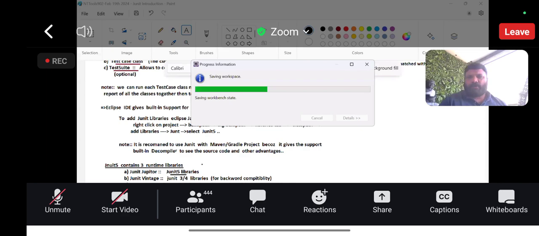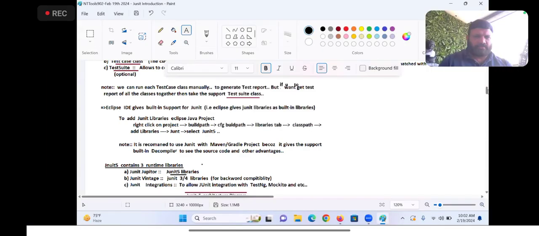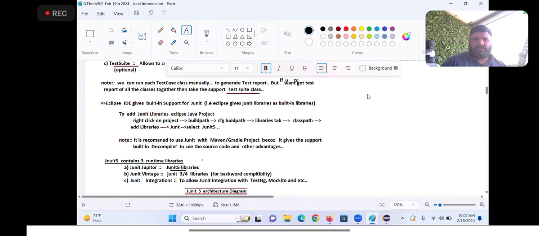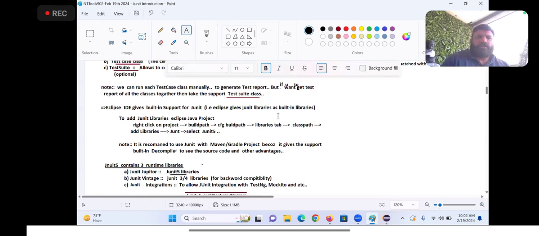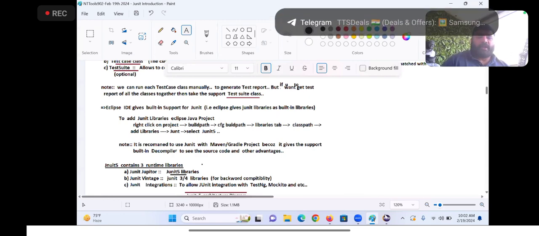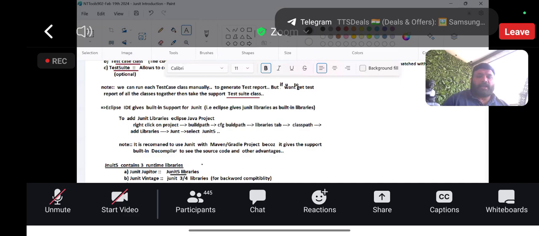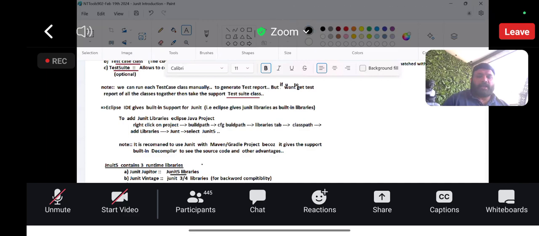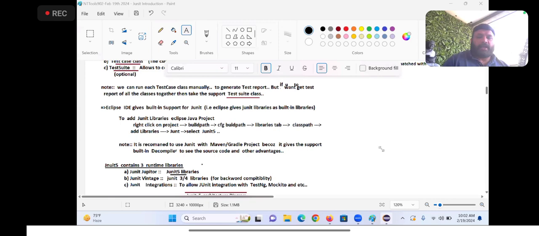902 is our workspace, right? Yeah. Anyhow, JUnit is there in Eclipse itself. That's what I'm trying to say. Fine, let it be. When it is ready, I will show. So let's come to